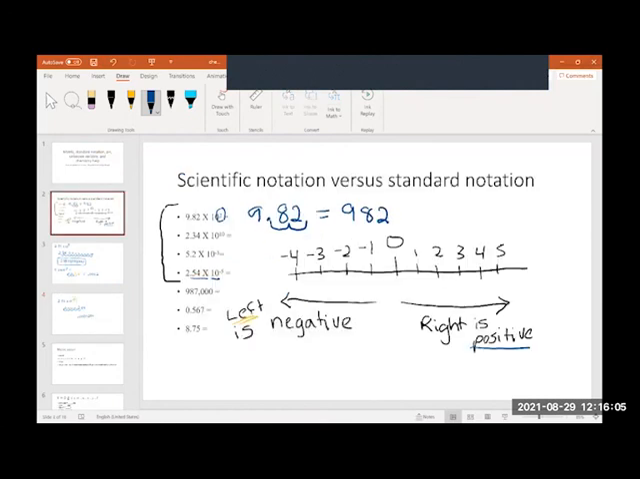But how do we send these large or small numbers in a zip type format? How do we go from standard notation to scientific? Again, think of that as taking a very large file and compressing it as a zip file so that you can send it over email to your friend. So let's cover